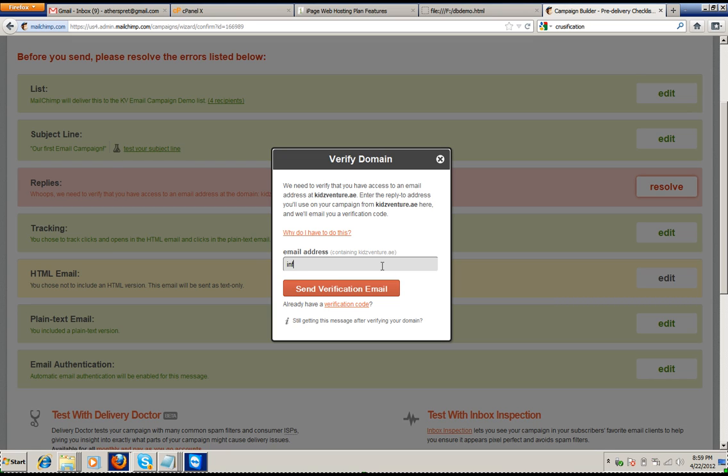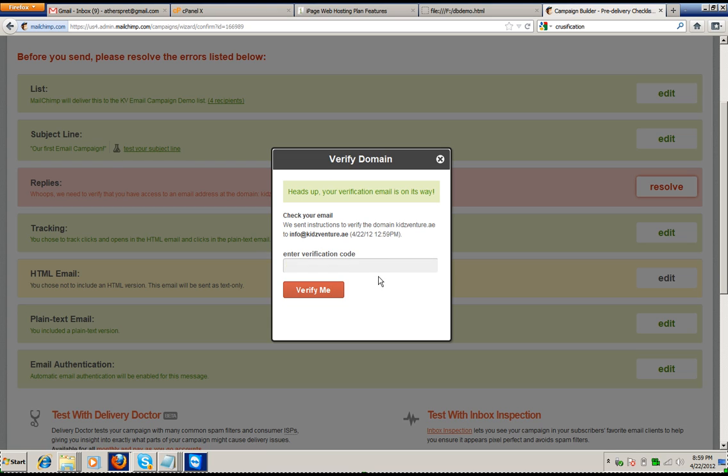If I say who owns info, I'm not sure who owns info, but if I send an email to kidsventure.ae, someone will pick it up. Yeah, so I have to enter this verification code before I can send on behalf of info at Kids Venture. Yeah, so maybe open up another tab and